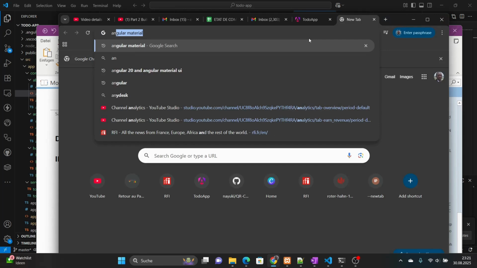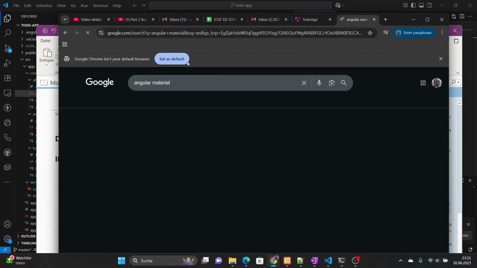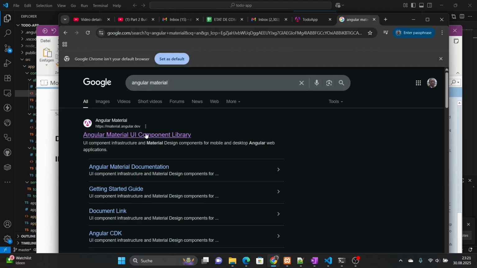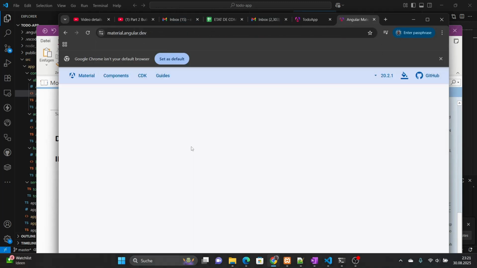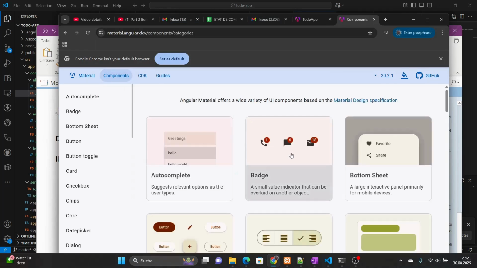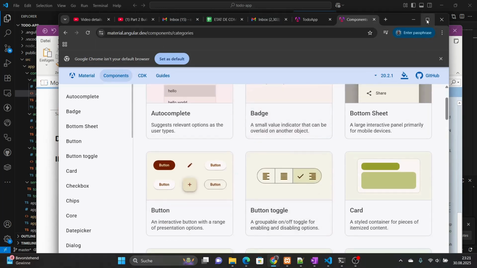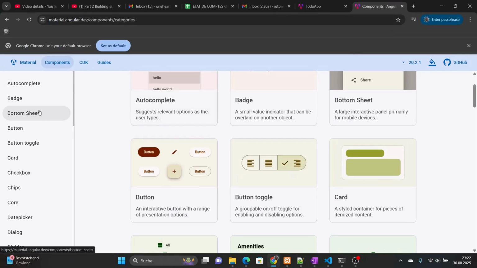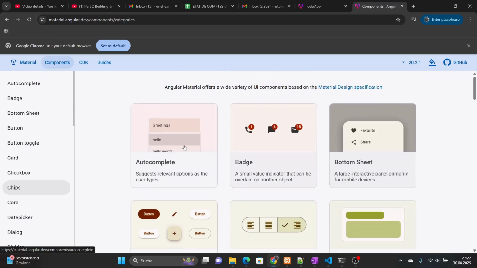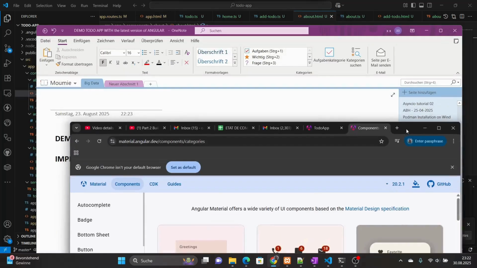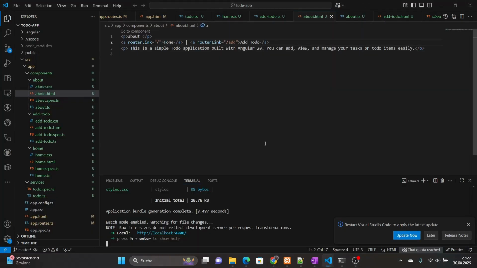If you go to the official website of Angular Material UI, here are some components that we have, different components that we can pick and use. In order to use it, we'll need to bring back